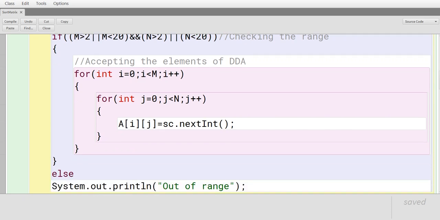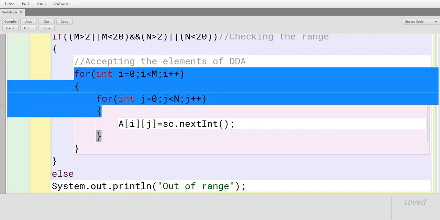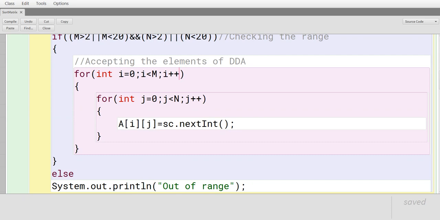Here you're going to see two loops. The first loop, the outer loop, is for the number of rows. Suppose you have 3 rows, it will execute 3 times. It starts from the element 0, so i equal to 0, i lesser than m. If it is 3 rows, it will be 0 to 2, and then you increase by 1. The inner loop is nothing but the column values: j equal to 0, j lesser than n, and j plus plus. So you're going to accept the elements row wise. This is how you're going to use the loops.